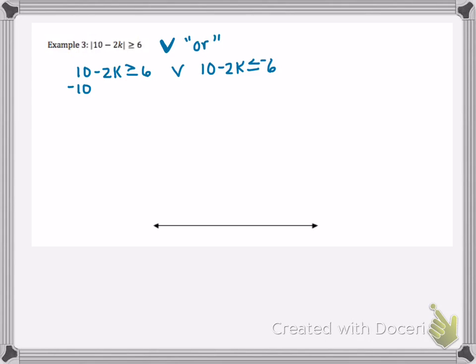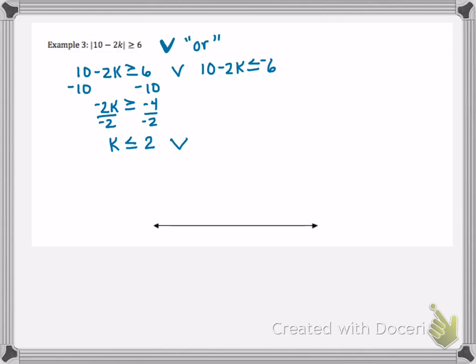So here I would subtract 10 from both sides. Don't forget to bring down that negative with the 2. That gives me negative 4 on the right. Then I would divide both sides by negative 2. I want to remember that when I divide or multiply by a negative with inequalities, I need to flip the relation symbol. And so I get that k is less than or equal to 2, or,